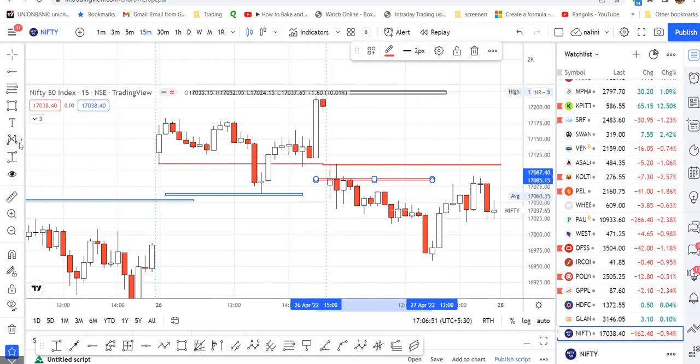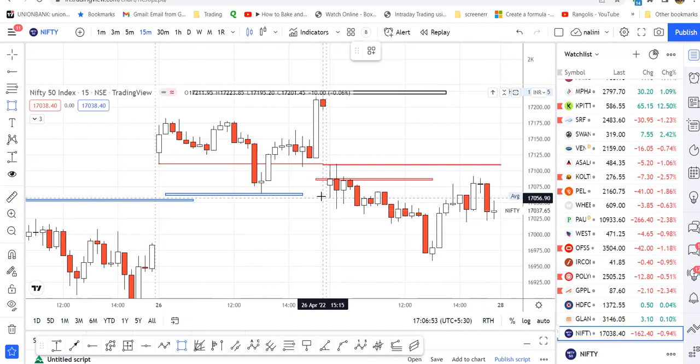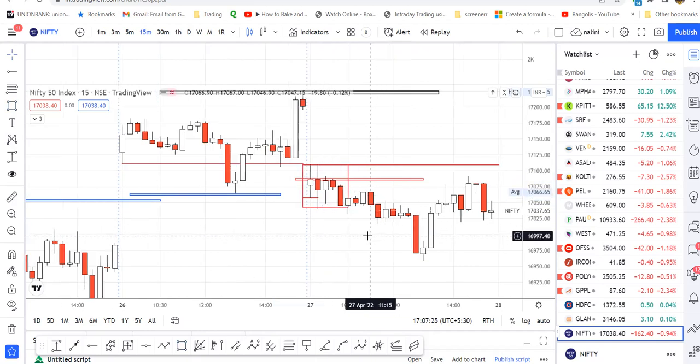So mark the high and low of the first 15-minute candle. This is the high and this is the low of the first 15-minute candle till 10 o'clock. This was the range. It traded in this range. Around 10 o'clock,